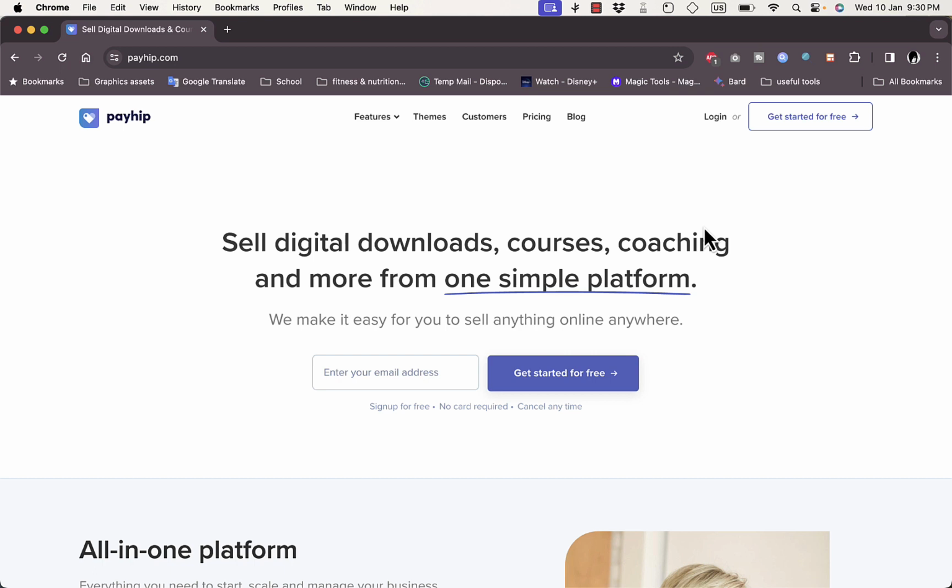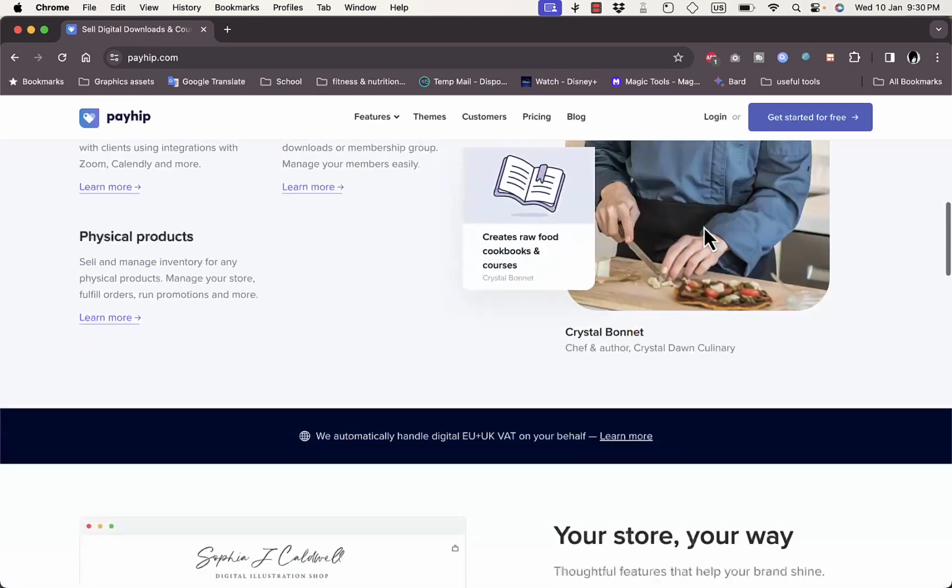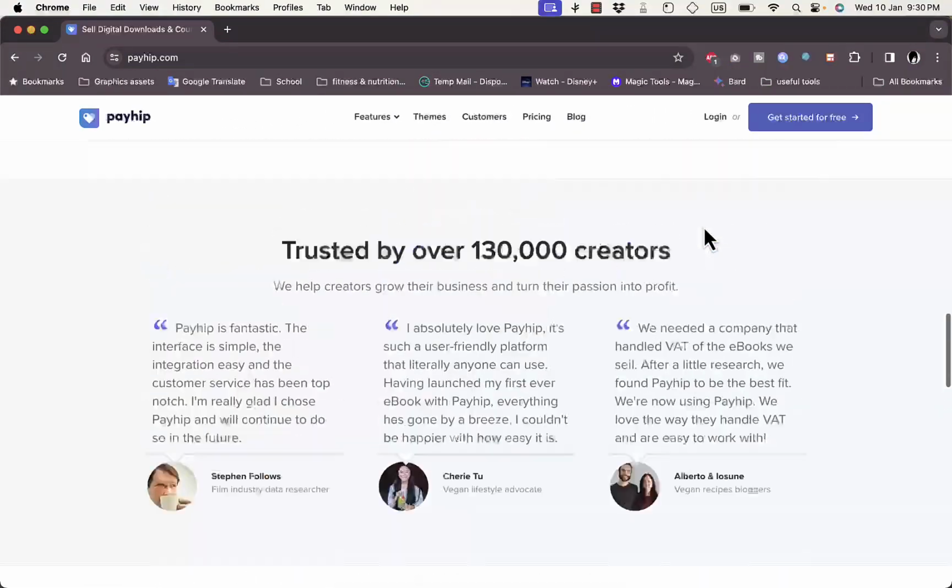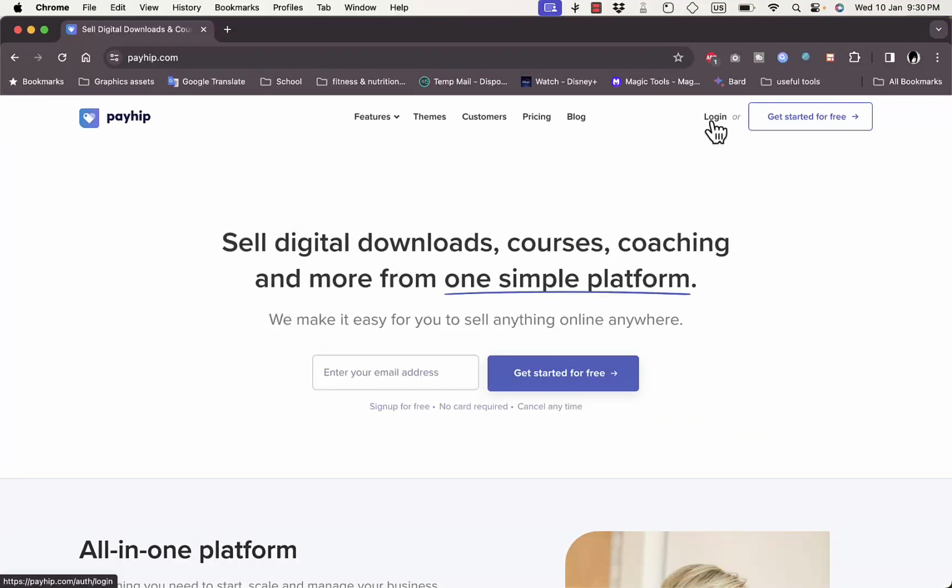First of all, you need to go to their website, that's payhip.com. You'll land on this page right here where you can see some info about the platform, and you can log into your account by clicking on login right here, or click on get started for free to create your account. So let's click on get started for free here,